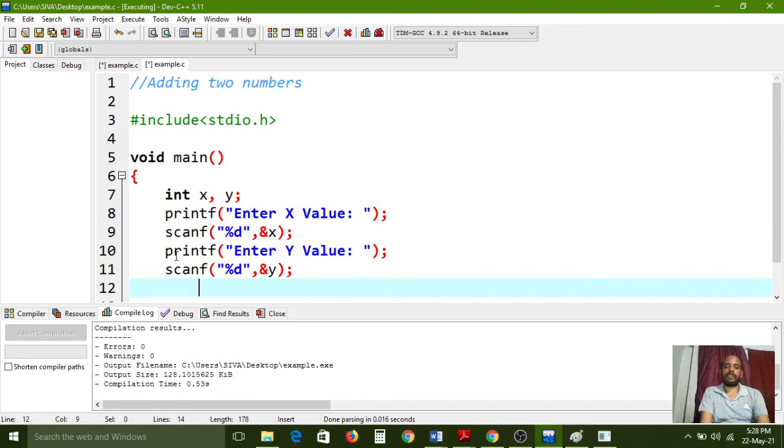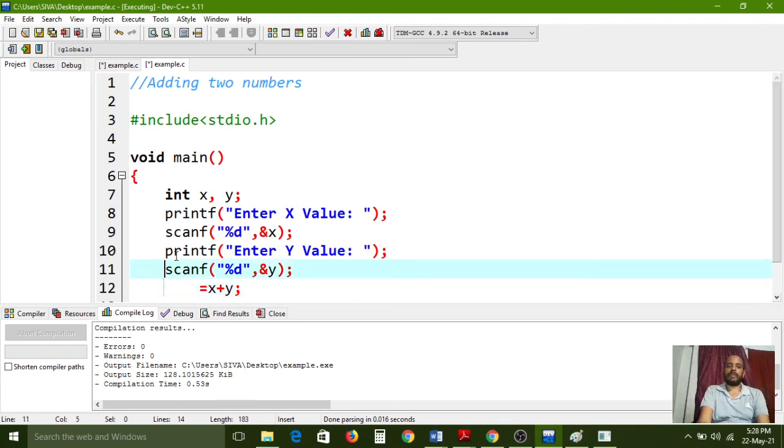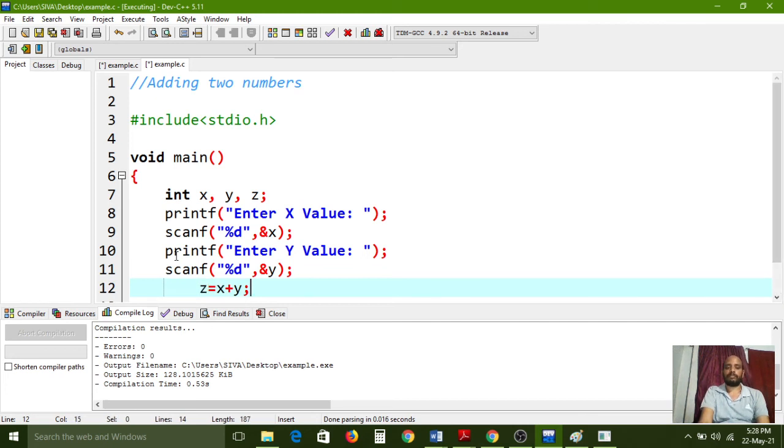Understand? After that we need to add the two numbers, x plus y. After calculating x plus y, one sum value we will get, and we need to save it into one variable. For that one more variable is required. So that's why I gave one comma operator here, and I am also declaring the z variable for this.